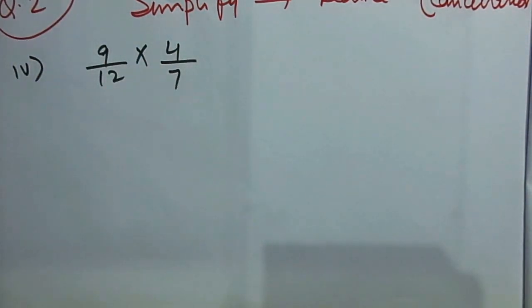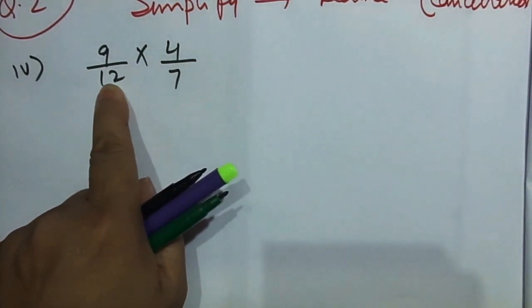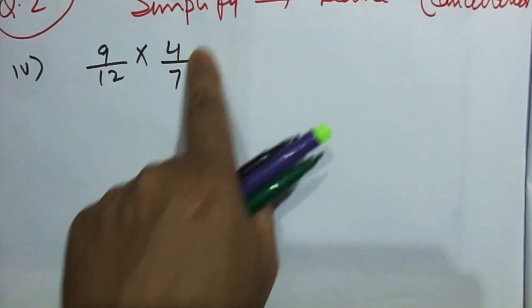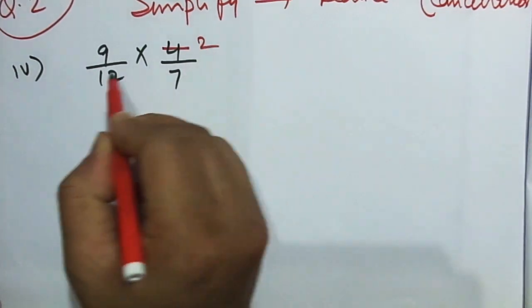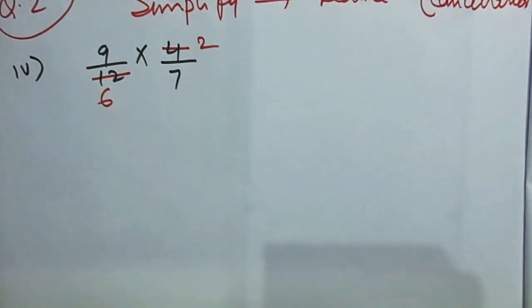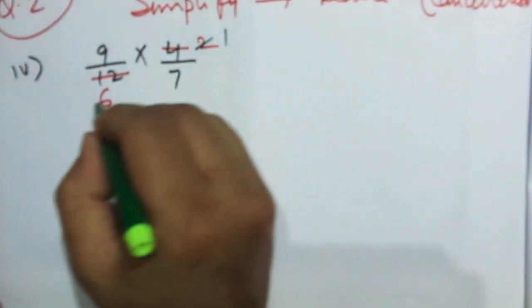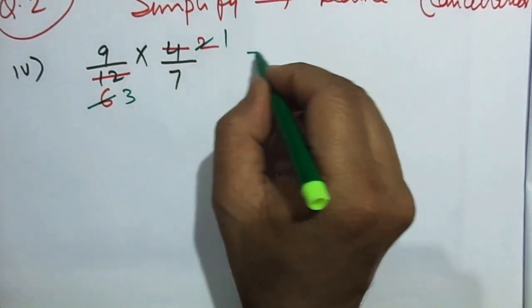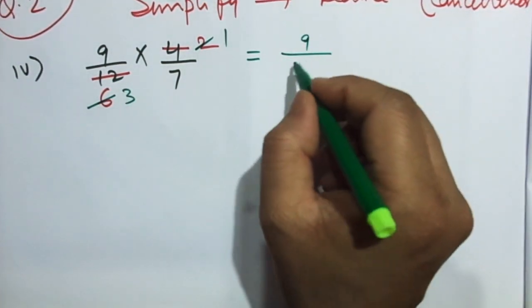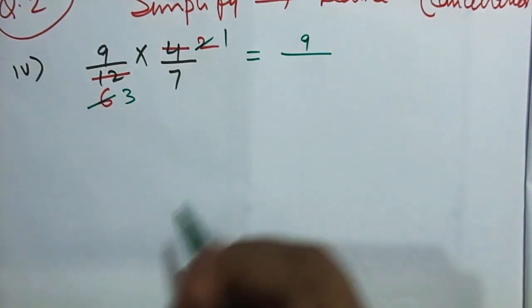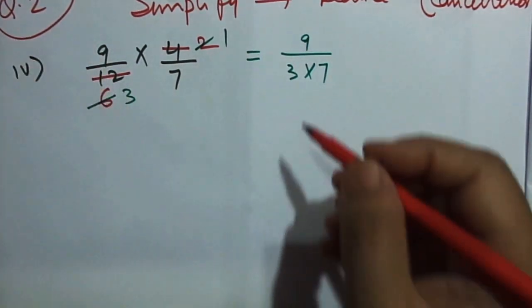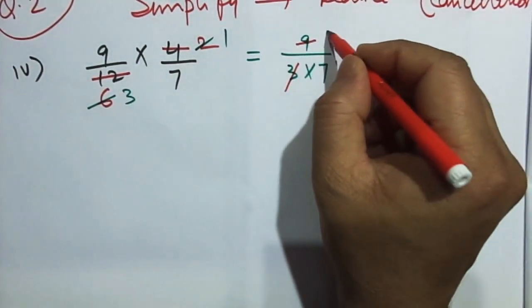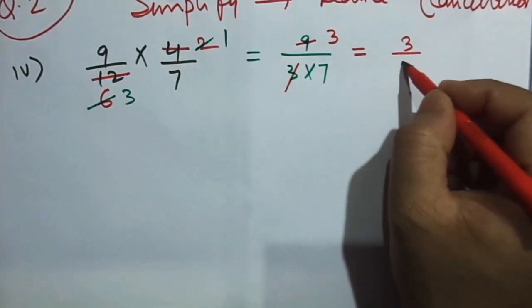Always remember that the denominator will cancel only with the numerator, either this way or this way. So 2 times, 2 6 times. Once again I am going to divide it. 2 1 times, 2 3 times is equal to 9 by 3 into 7. Oh my God, I could have cancelled with 3 also here. Don't worry, I'll cancel it here. 3 3s are 9 is equal to 3 by 7.